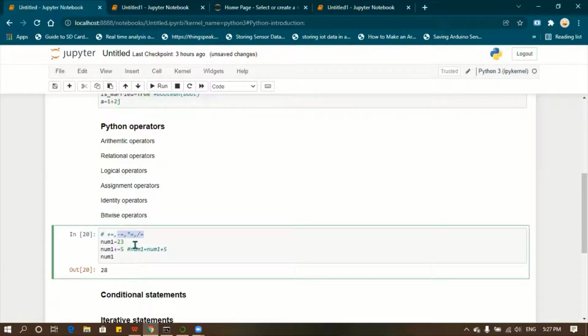The AND operator, OR operator symbols will work in the bitwise operators. As for the identity operators, I will show you what they do when we work on the conditional statements and iterative statements. Okay. So now we are going to work on the bitwise operators.